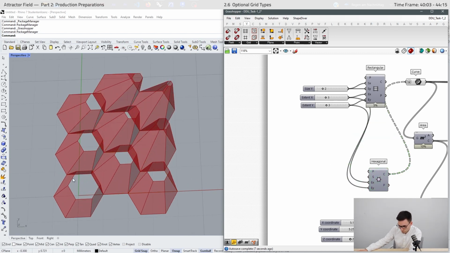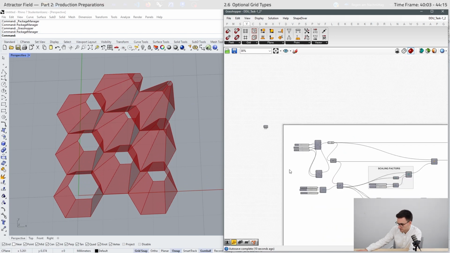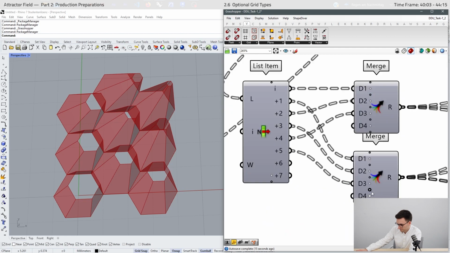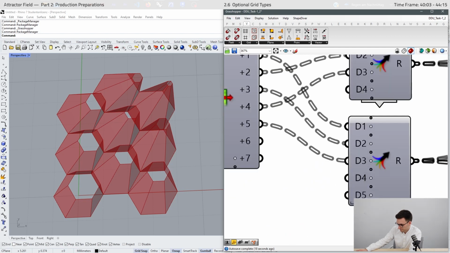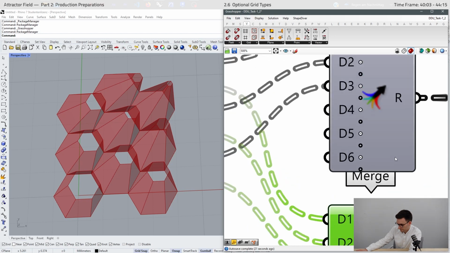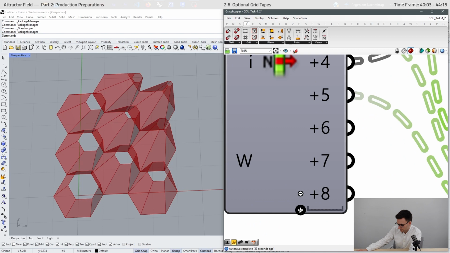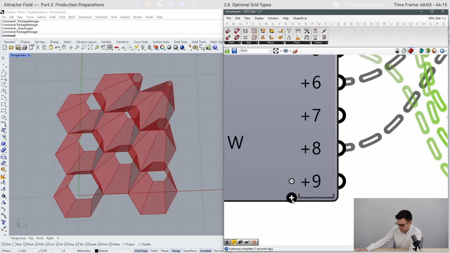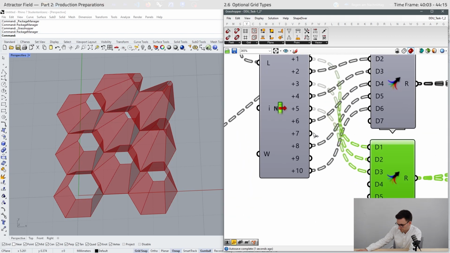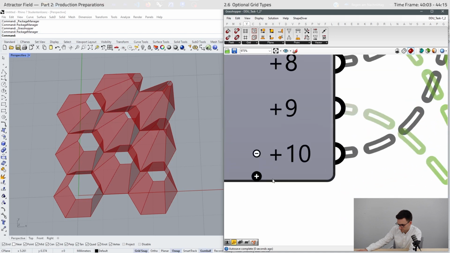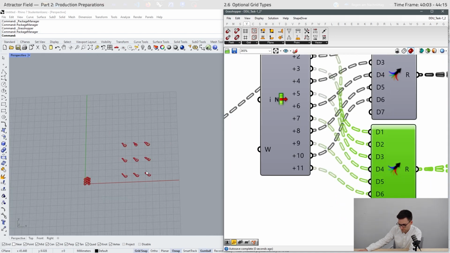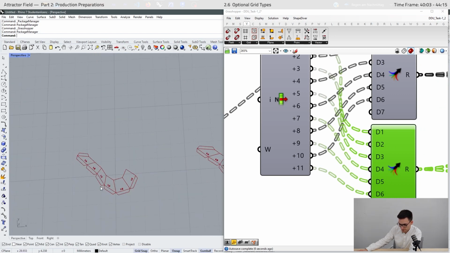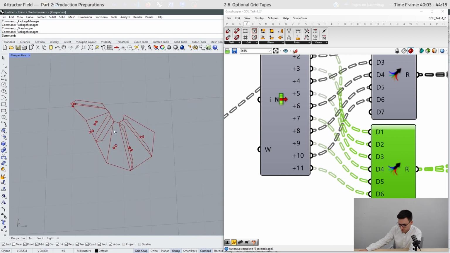Here we have 1, 2, 3, 4, 5, 6 faces, so we need more points. And now this also works just fine. Oh no, here we have a problem.